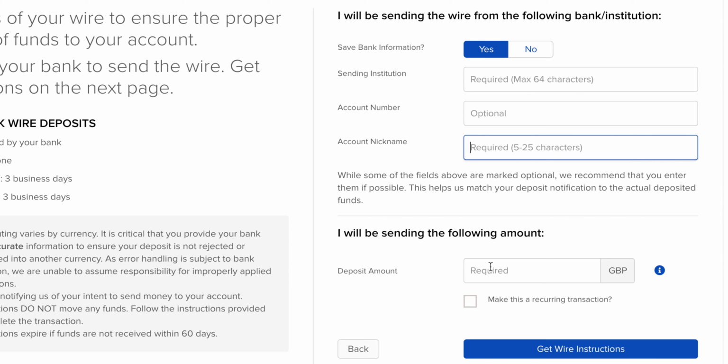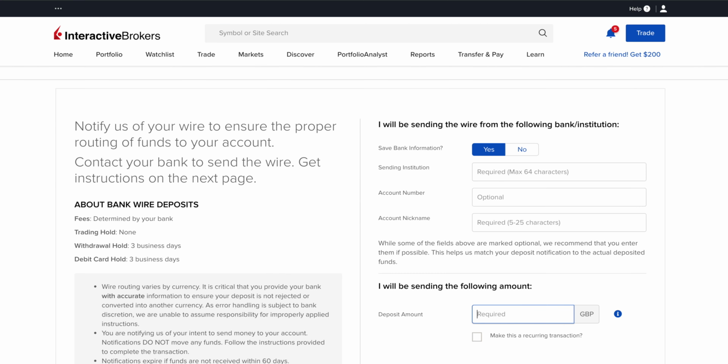And then you define the deposit amount. And then once you click get wire instructions, you'll be provided with additional information. And all you need to do is supply your account user ID. It will be specified on the page. And so when you send money from your building society, provide your account ID as the reference. And then from my experience, within 10 or 20 minutes, money was funded into the account and I was ready